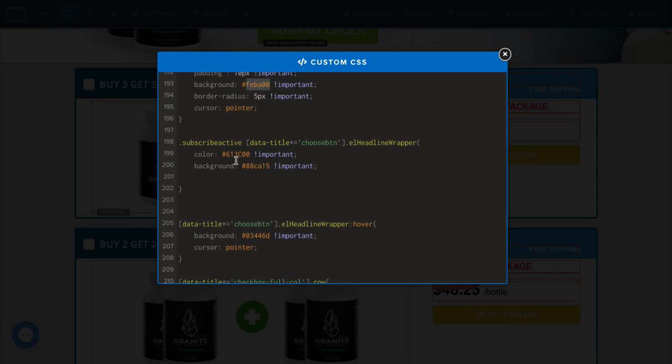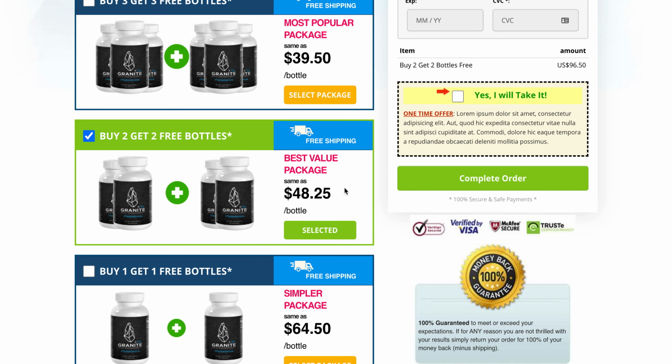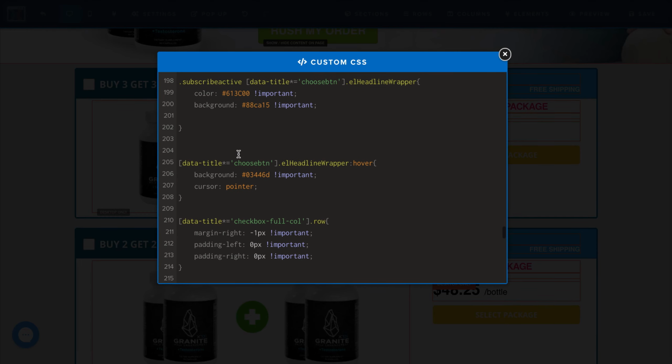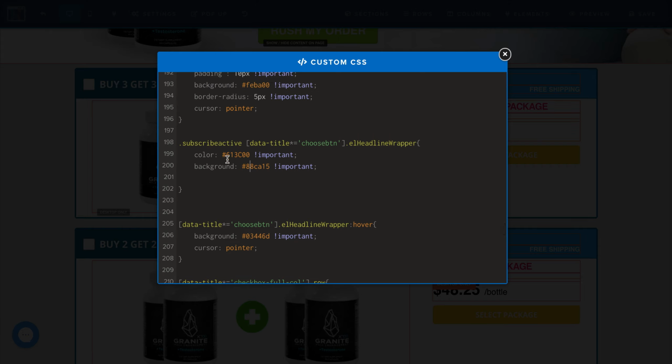Then after selecting the bundle package, so let's say we're going to select this one. After selecting this one, you can see the color changes to green. So here where it says subscribe active data title choose button yellow headline wrapper, you can see the background color is green. If you want to change this one, just change this background color here. Just keep in mind, subscribe active stands for whenever you select the bundle section,